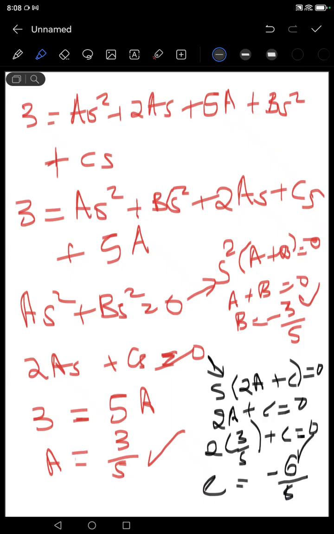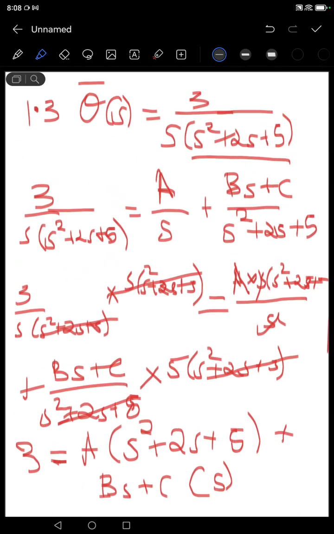So now we have the value of a, b, and c. We're going to substitute back into what? Our partial fraction equation. Wherever there's a, we put 3 over 5, wherever there's b, we put negative 3 over 5, and wherever there's c, we put negative 6 over 5. Then after here we're going to do inverse Laplace. Remember, we are looking for the inverse Laplace displacement response, theta t. So to get theta t, we're going to introduce inverse Laplace. Moving forward,